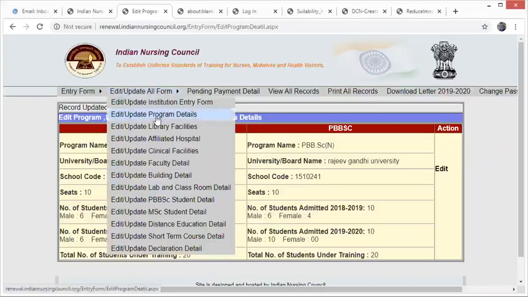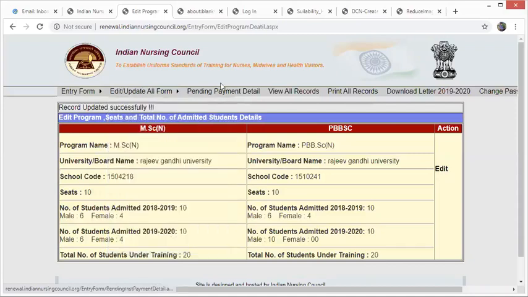See, you have the same thing. Program details is mandatory because, for example, you have BSc and last year, 18-19, you gave the details. This year you have to give the 19-20 admission details. This program details is related to the pending payment details.